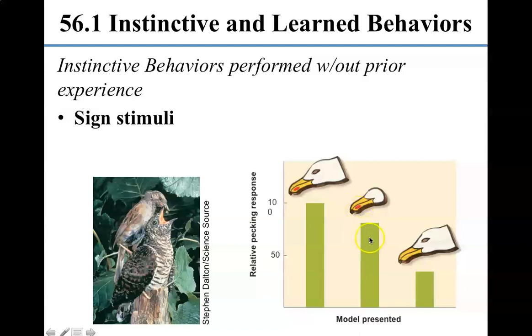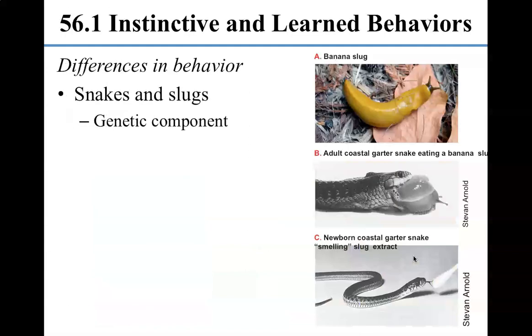Now, not as much, but they still do. So in other words, they're paying attention to this red dot. Then if the researchers grab the mother herring gull and paint over the red dot, when she comes to the nest, the young birds don't see a red dot, and so they don't open their mouth as much, and so they don't get fed as much. So again, this is just another example of how a sign stimulus triggers behavior.